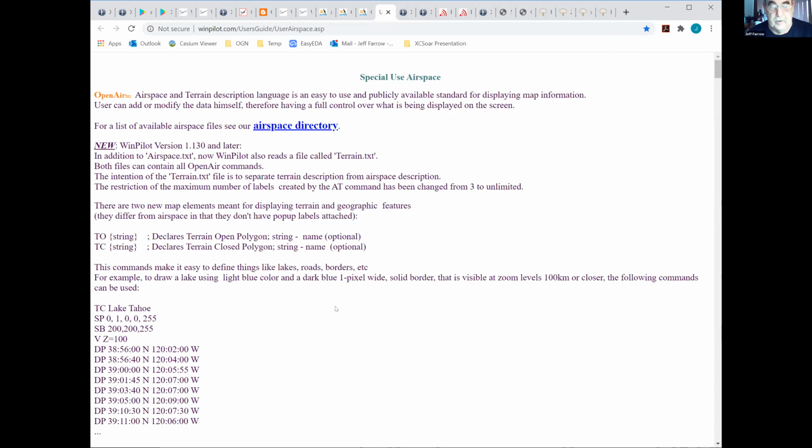So you can do it if you want to by looking up the format and finding the syntax. It'll be something like a name, an upper and lower ceiling. In the case of a wave window, it'll be a center point for a radius and then a radius. And that's all there is to it.